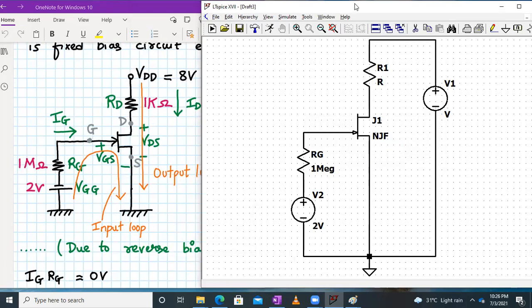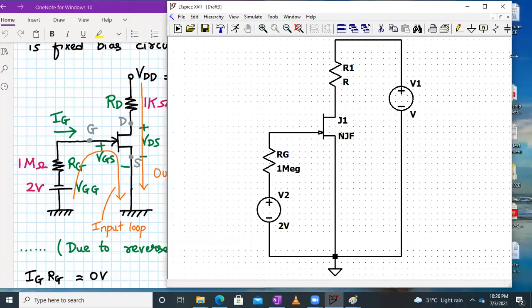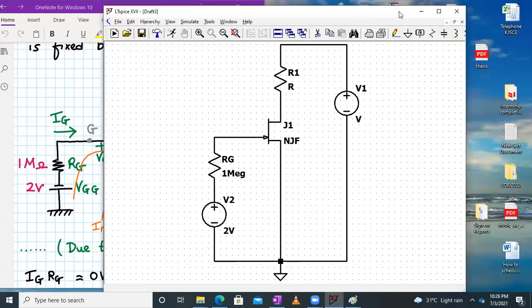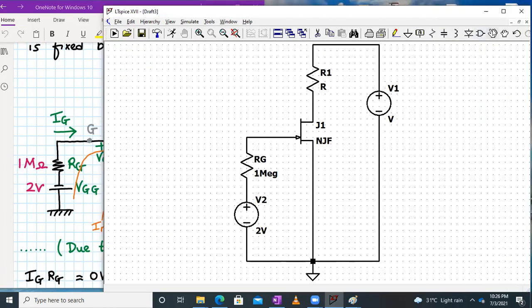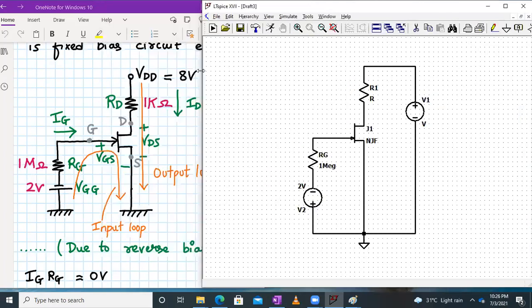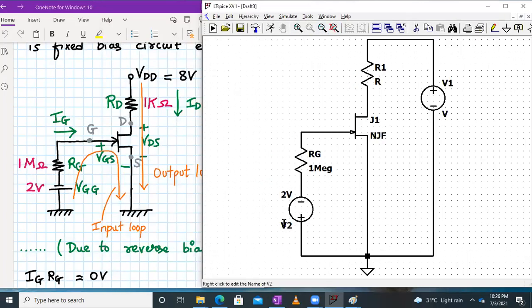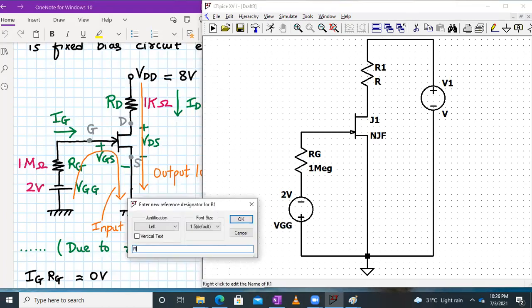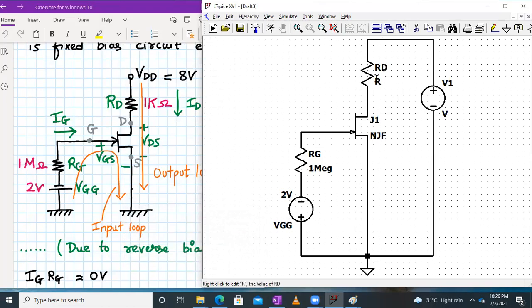Oh, the supply is actually reversed. VGG supply is reversed. So what I will do is I'll connect it over here and rotate it and place it again. Okay, yeah. Now it is absolutely fine. Let me go back to the circuit connections. So this value of voltage will be VGG. Very quickly, we will label this as RD, and the value of RD is 1 kilo ohm. This is VDD, and the value is given as 8 volt in the numerical. So we have given here 8 volt.